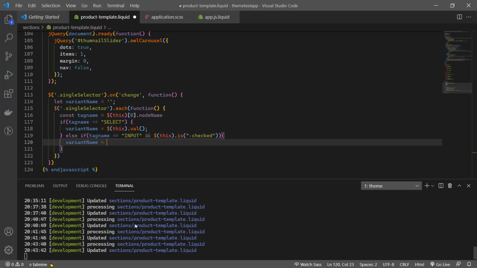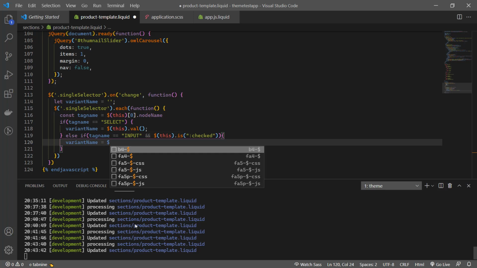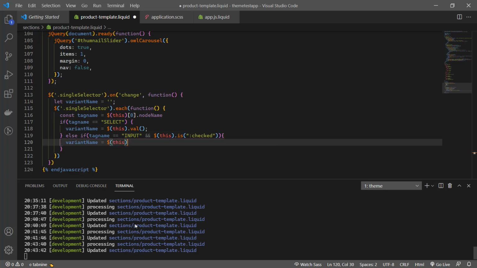That will be our radio button. So if that is checked, then the value of this will be added, otherwise not. So this dot value